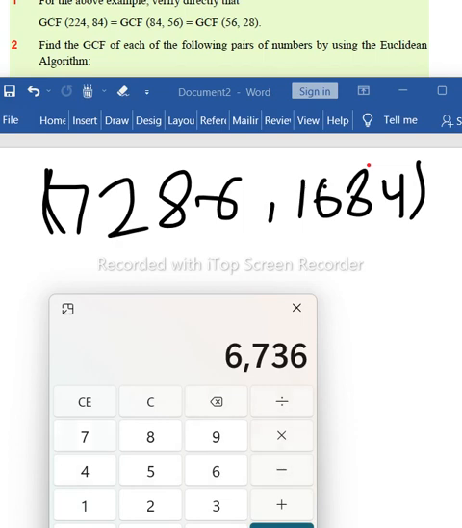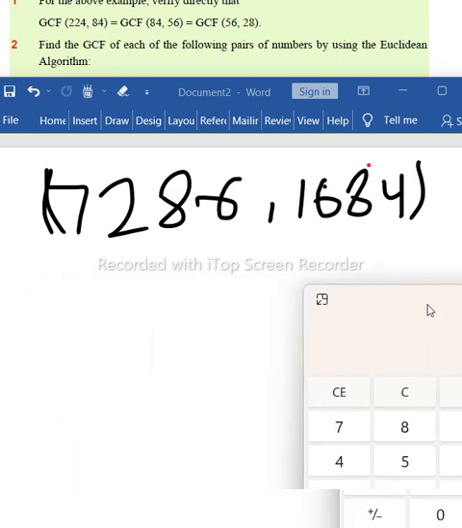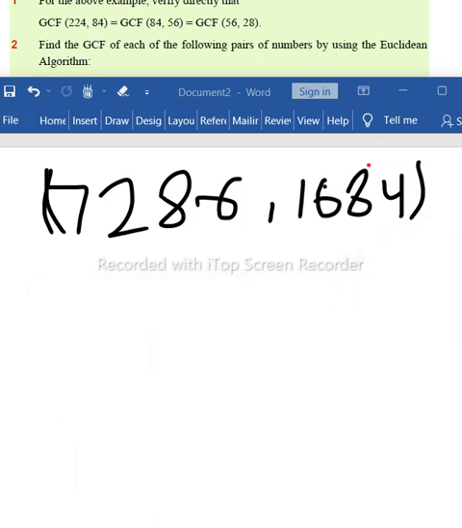When we subtract from 7286, we get 550. So now we can find here the remainder. When we divide this number by this, and the remainder we get